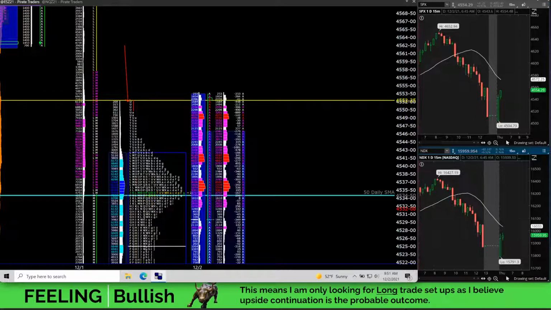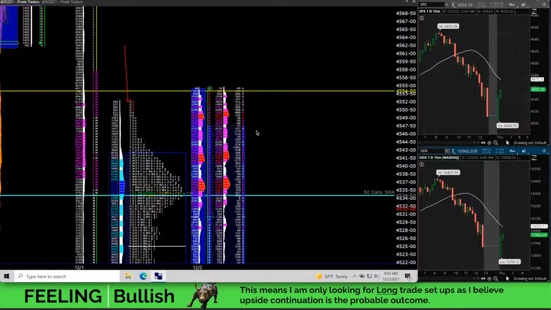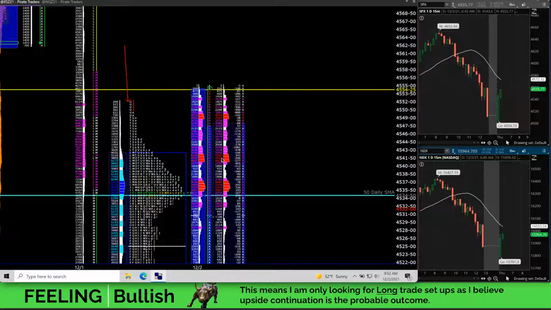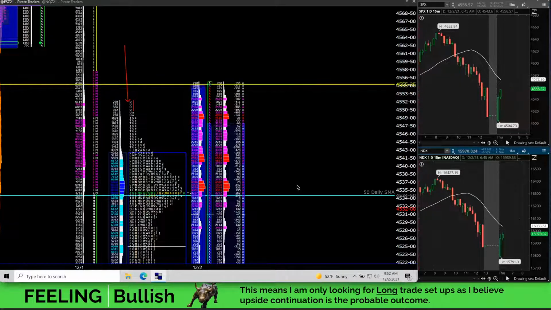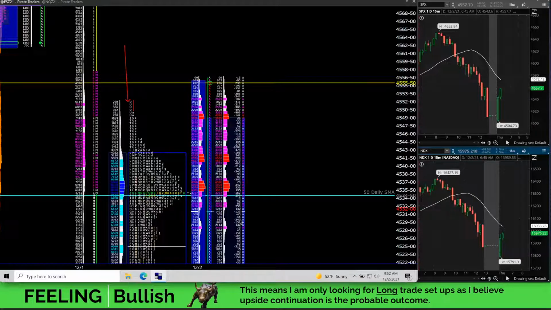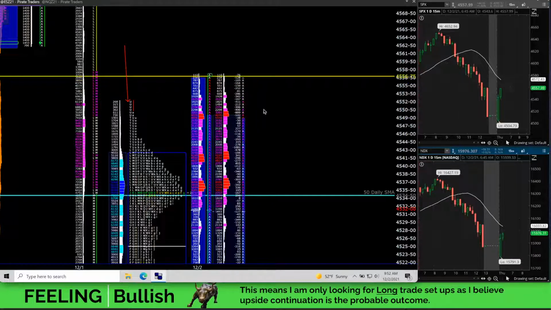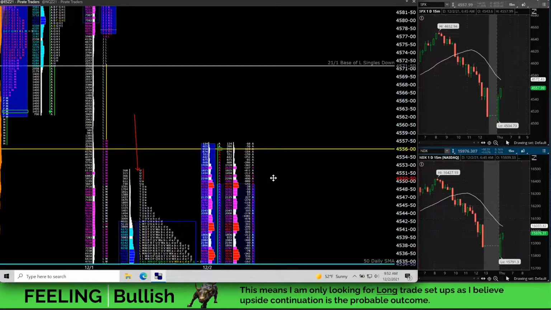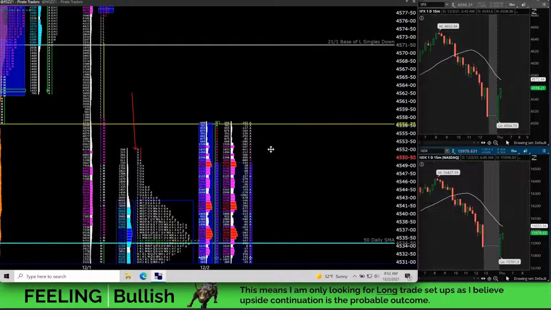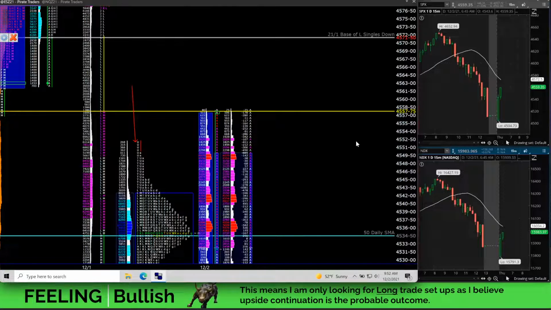Screwball, Pirate Traders, is that a place for you to take a long or is it too risky? I'm not sure when you commented that. I would say right now it's too risky to go long. That pullback into here was a good buy at like 41. And of course, now you could move your stop a tick above break even. But I wouldn't buy it up here just yet because there's going to be resistance when we get to the base of the single prints.